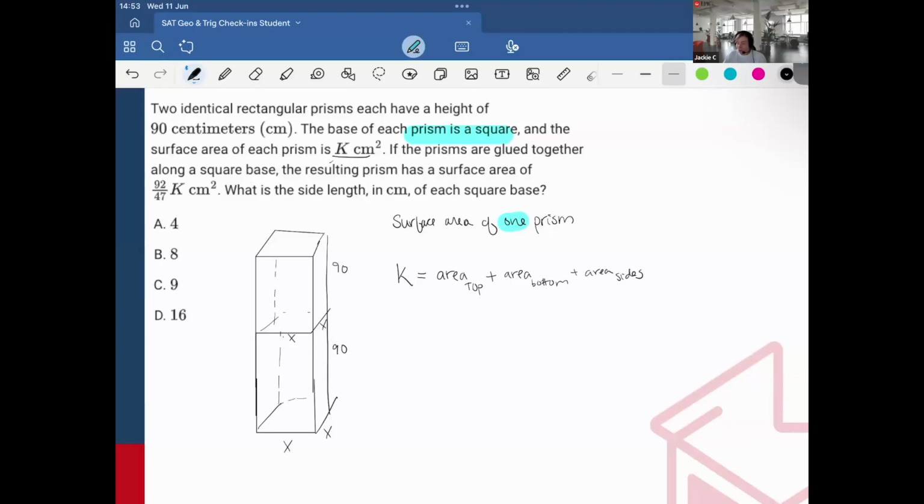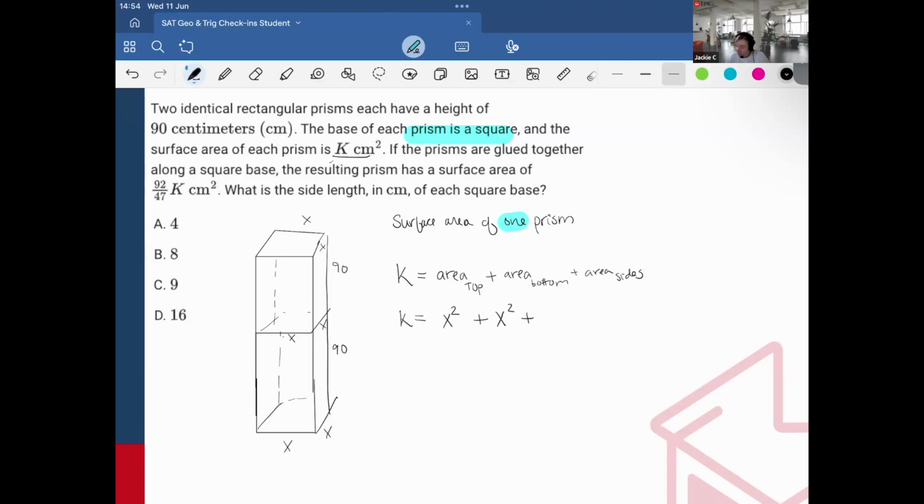So we can calculate that because the area of the top would be x squared, side times side. And we also know the area of the bottom would be the same, x times x. So x squared, and then we have the area of the sides, which would be,